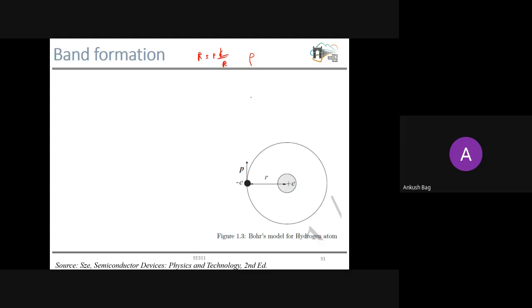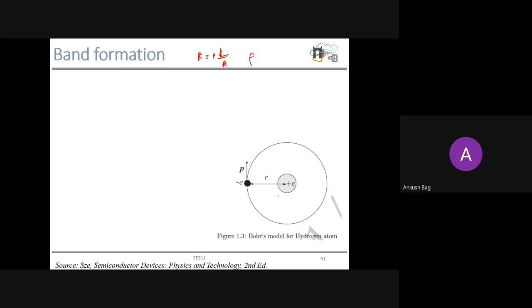If we look from a microscopic point of view, we know the atoms are the fundamental building blocks of your material. So now microscopically, in case of atoms, the simplest atom, as we know, is the hydrogen atom. So this is a hydrogen atom, and here we have one proton in the nucleus and the electron surrounding the proton or the nucleus.